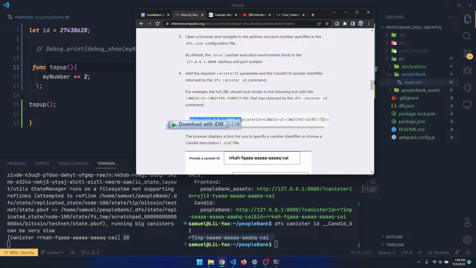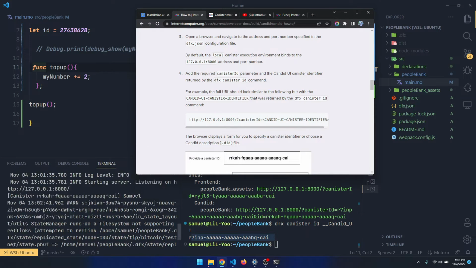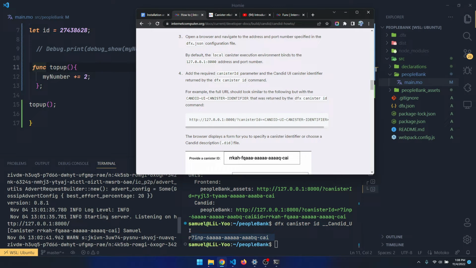You can see that this link provided over here, 127.0.0.1, is also the same URL we had inside our code. So we can just copy this code